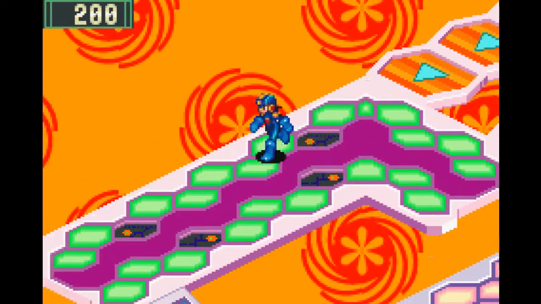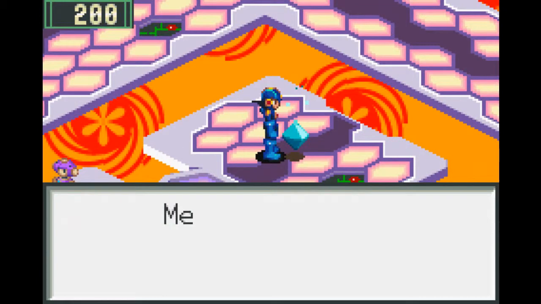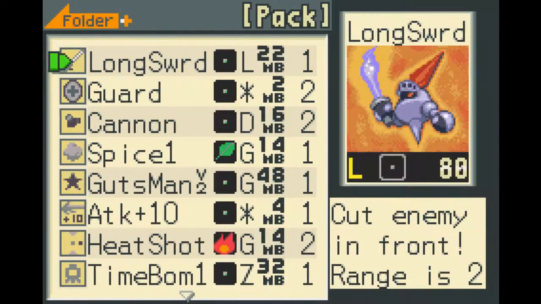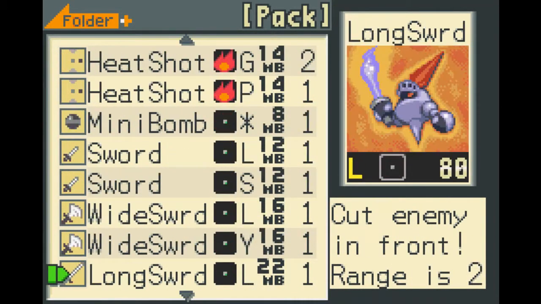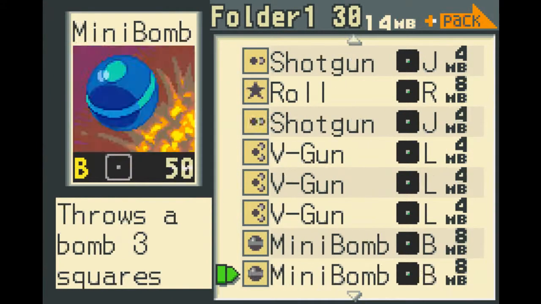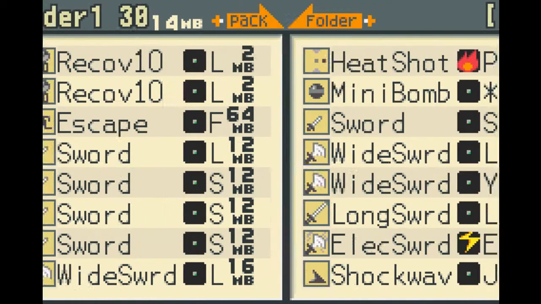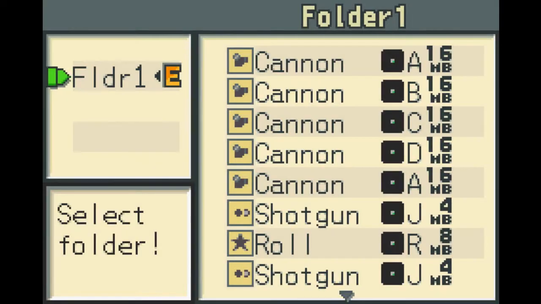Luckily, off screen, I actually do increase my health quite a bit. And Long Sword L, that actually completes my Program Advance right there, because we have a Sword L. It's weird, I usually do this with the S sword chips, but not this time. Wide Sword L and Long Sword L, we now have access to the Life Sword